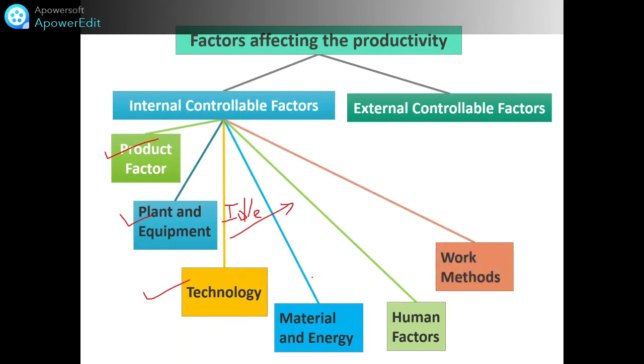Hence, work methods, different work methods and work technology. Work methods improve the ways in which the work is done, or improve the productivity. That also we are going to see in a case study. Work study, industrial engineering techniques and training are the areas which improve the work methods. This is the way in which the work is done to improve productivity. So friends, this is the work method.